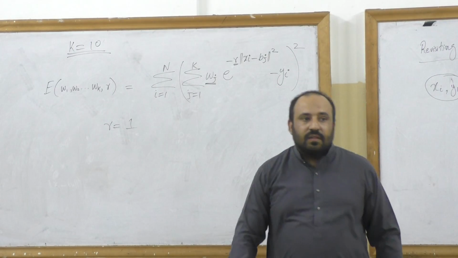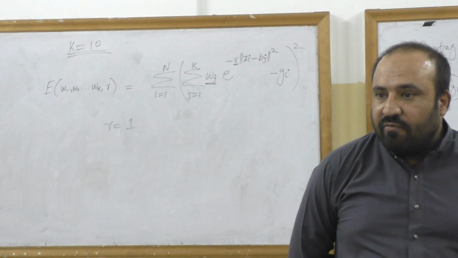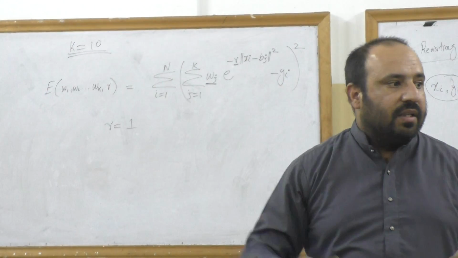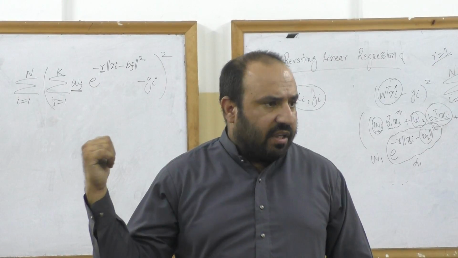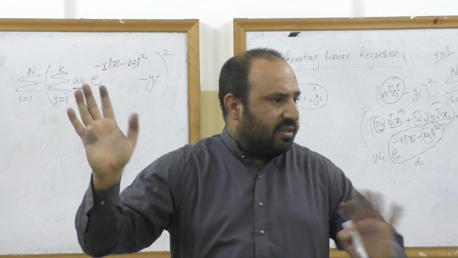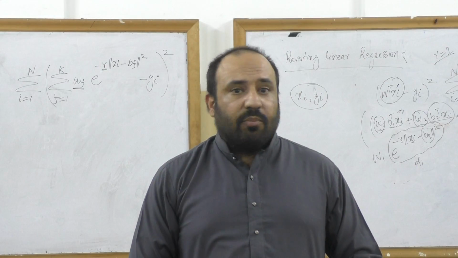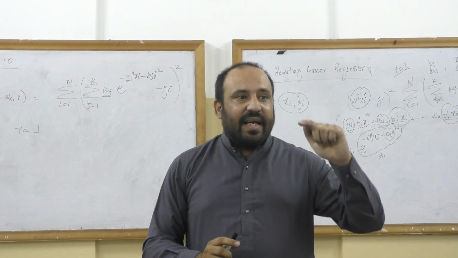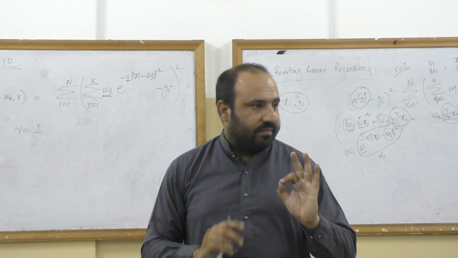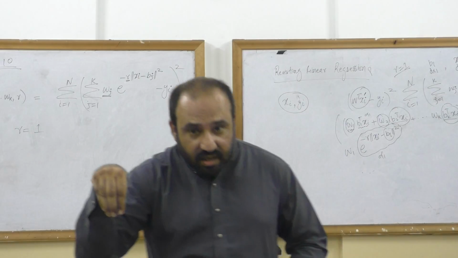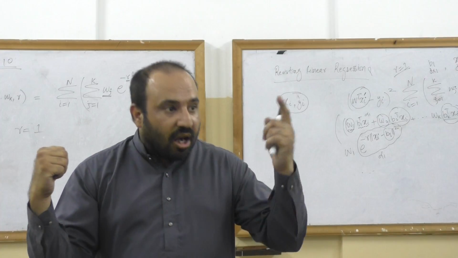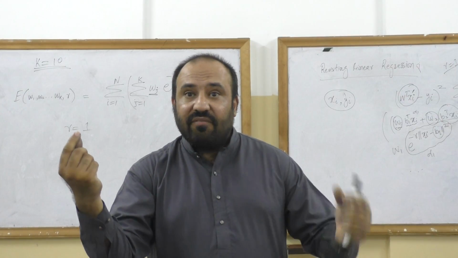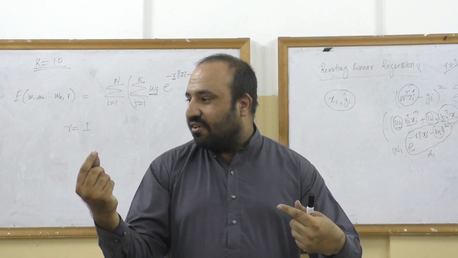Differentiate this with respect to R, put it equal to 0. Now the problem comes whether R can be found in a closed form way or not. जैसे linear regression हमने देखा था, W was found in a closed form way. In this particular case, R will not be found in a closed form way because of e raised to the power of the variable. It will stay there and separation is not easy. तो जब closed form ना हो तो आपको क्या करना चाहिए? Gradient descent. That's it. So apply gradient descent and find out the best R. Yes? Once you find the R that minimizes the error, now you should re-find the W. Because given R, we can find out the best W that minimizes the error function.